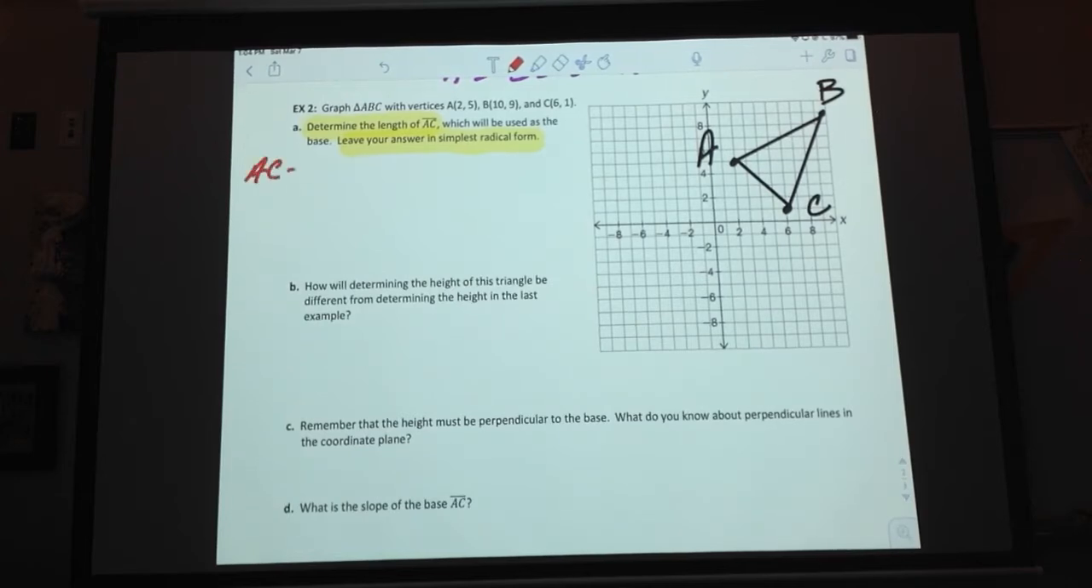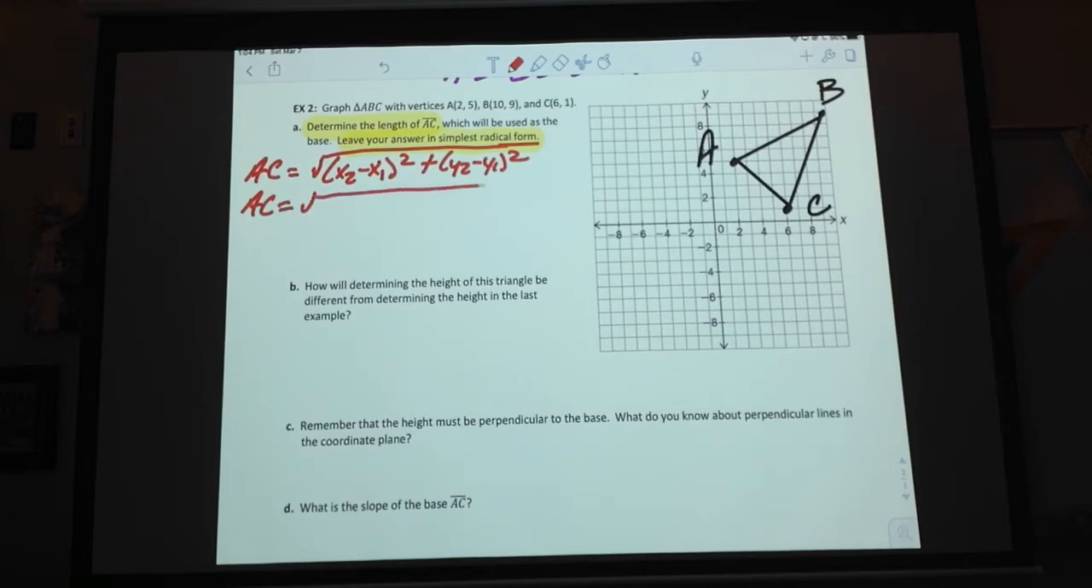So AC is equal to the square root of x2 minus x1 squared plus y2 minus y1 squared. AC is equal to, now plug and go. I got a 8 to C, 5 minus 1 plus,